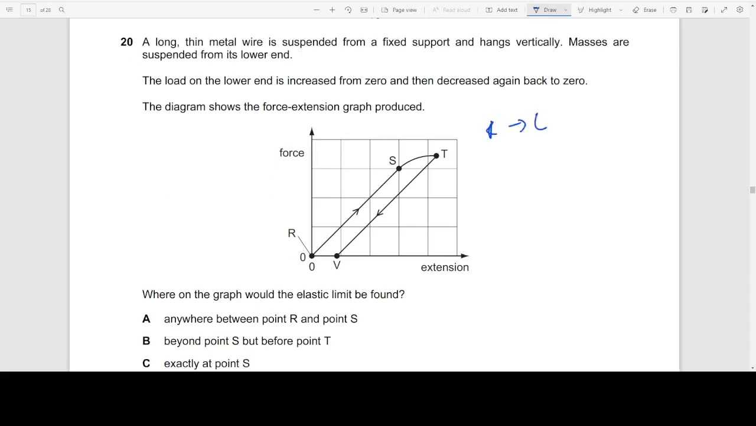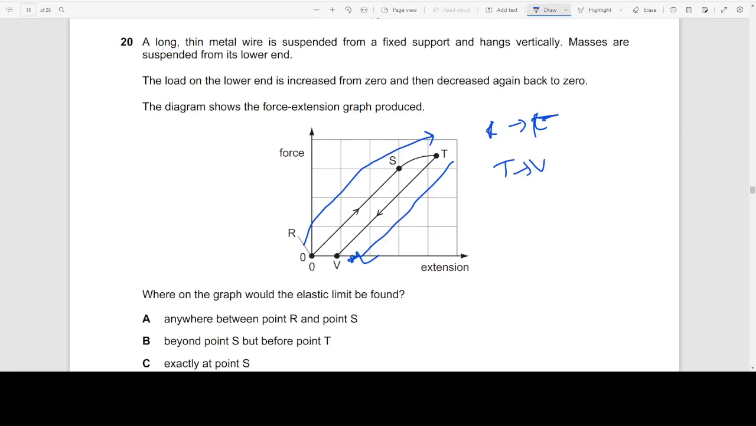So from R to T, the load is increased, as you can see it's going up on the force graph. Then from T to V again, the load is decreased back to 0. At this point it's 0 again. So where on the graph would the elastic limit be found? Well, if you see,